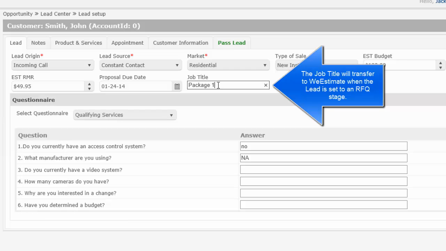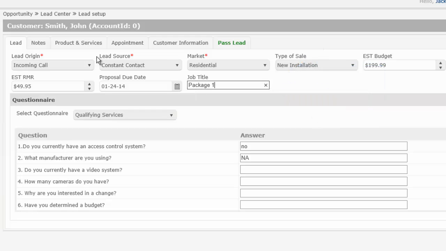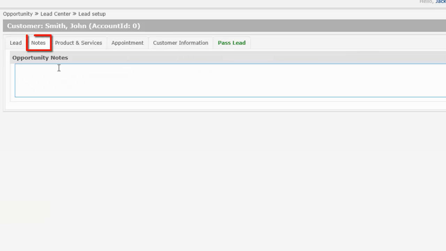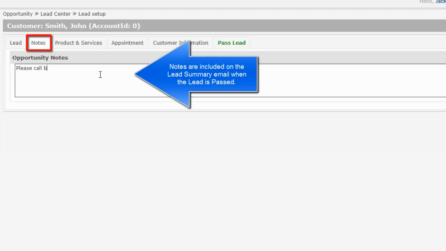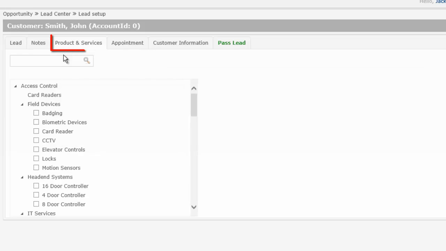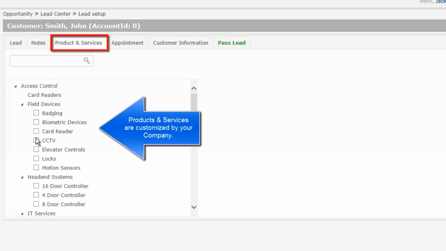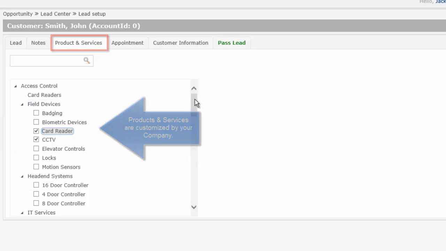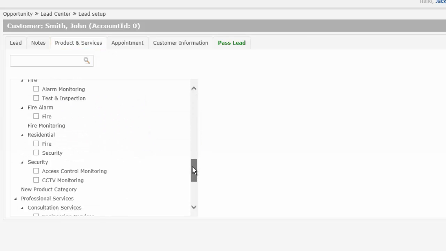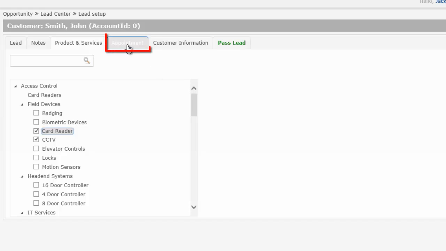It will move into We Estimate should this actually become a requested quote. I'm going to leave a note too for my salesperson to let him know: please call before arriving for the appointment. This person wants a call first. I can record a few of our services if I'd like to, so I can just record whatever I'd like, and you can, again, customize this list for any company and any products and services that you